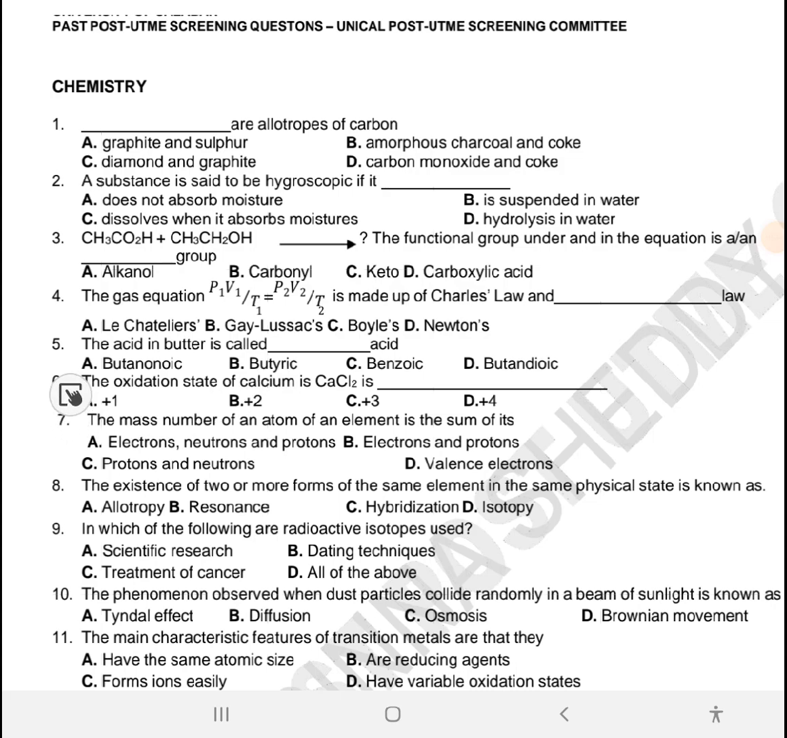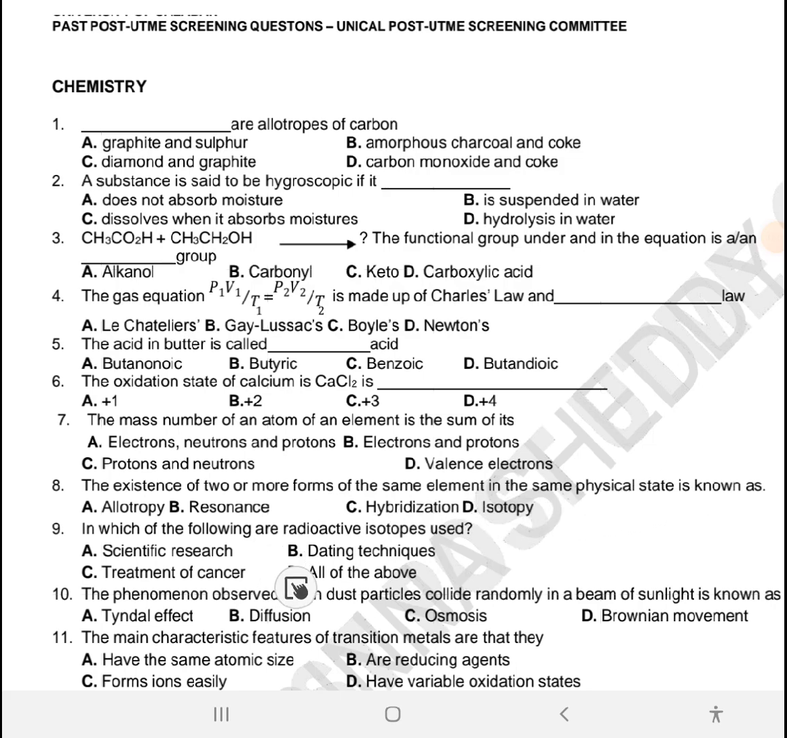Number 6, I'm going to solve this one differently. The oxidation state of this. Number 6 will be a demonstration. Number 7, the mass number of an atom of an element is the sum of the proton and the neutron. Option C. Number 8, the existence of two or more forms of the same element in the same physical state